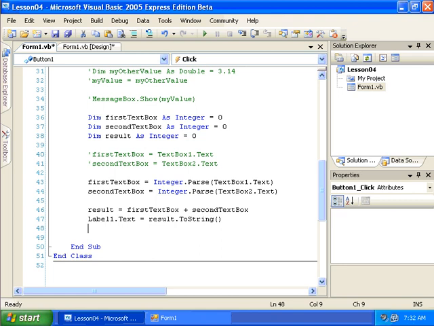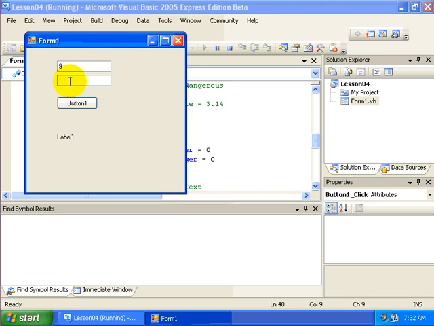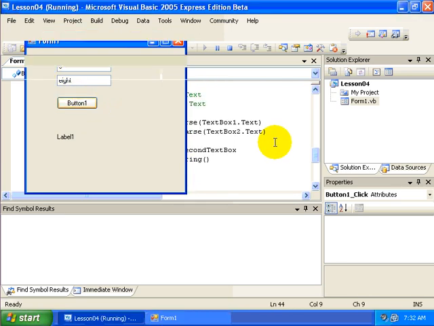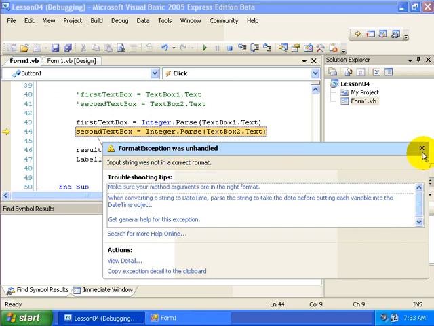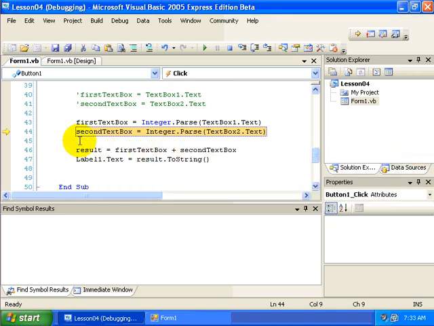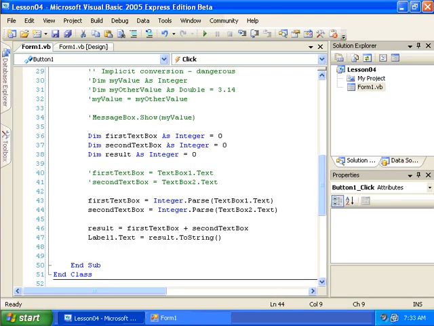So now let's take a look back at our example. You can see that we're still going to have a problem here, that no matter what, if I were to run this application, even by doing the explicit conversion, I still can't work with this scenario. You're still going to get an exception. Input string was not in a correct format. However, what we're going to do is at some point in the future talk about being more proactive within our applications to check user input before we just blindly accept the values and then go about doing any work with those values, whether it's doing calculations as we're trying to do here or saving the values into a database. And even though the results are going to be the same in this simple example,